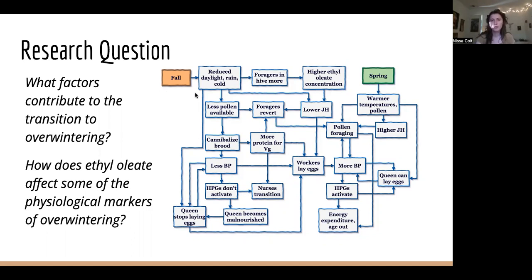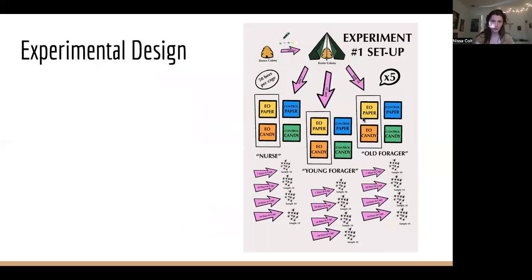So this is a really complicated map of all of the different things that potentially affect overwintering and the transition both into overwintering and out of it in the spring. I'm not going to go into the details of it, but ethyl oleate is just this one little piece here. So the experimental design that I created in order to answer some of these questions was basically,